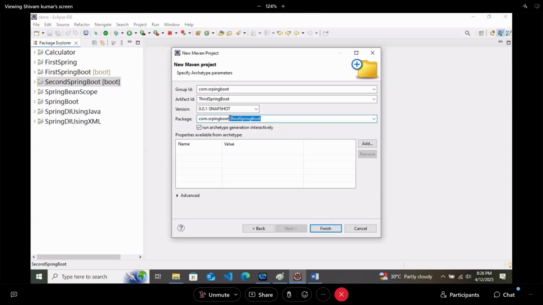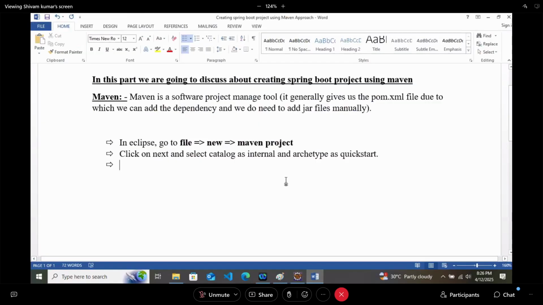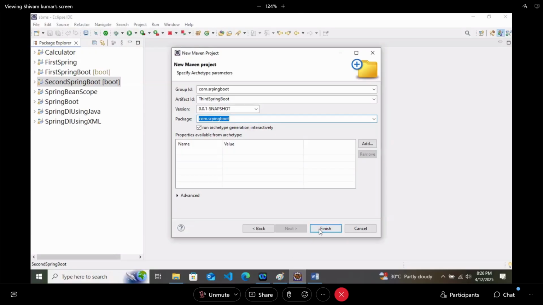So I will remove this. In the next step, write your group ID, artifact ID, and package and click finish. You have to click on finish.